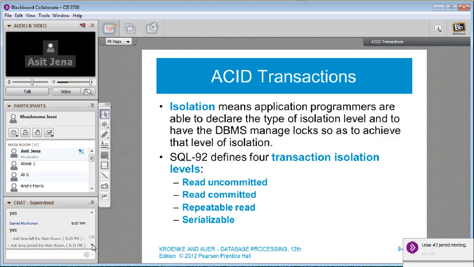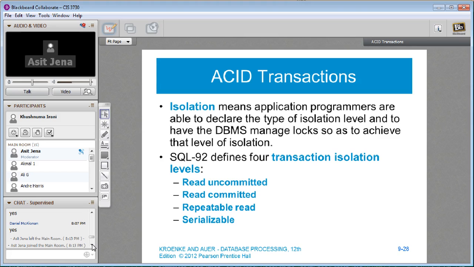You do not read the data which has not been committed. So let's say somebody is writing the data into the database and they are about to commit, and before the commit, somebody else comes in and runs a SQL statement. So do they get the data, or do they get the data prior to the update?